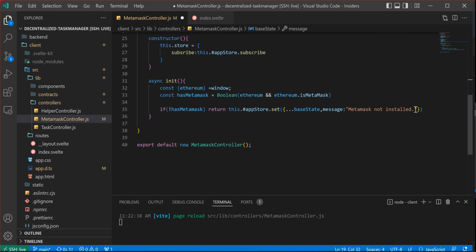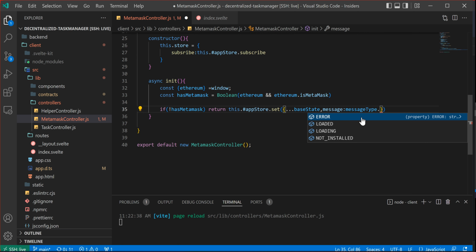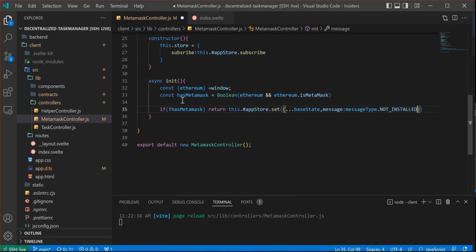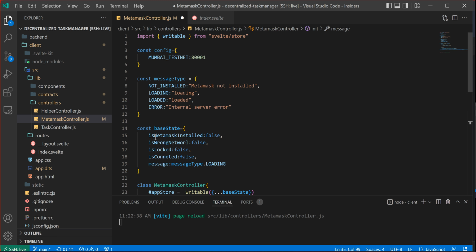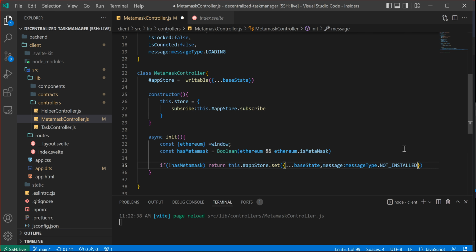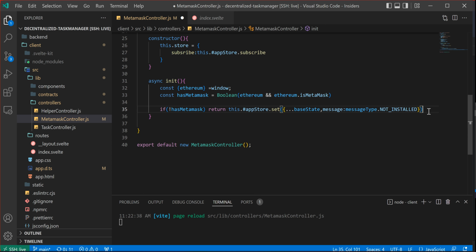Here, if you check, you don't have to write this. You just say message type dot MetaMask not installed. That's our message, so that if MetaMask is not installed, it will just return the base state, which is everything false. Even MetaMask here is not installed, it's false. Then if MetaMask is installed,